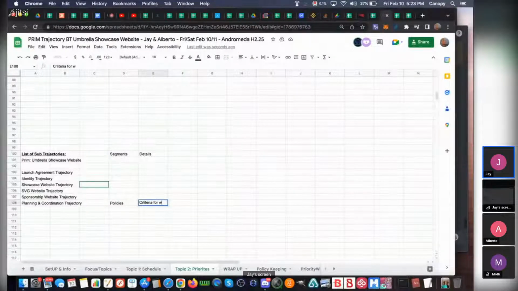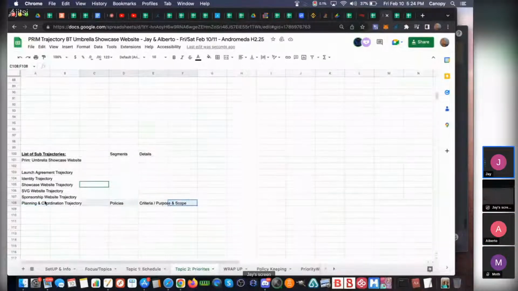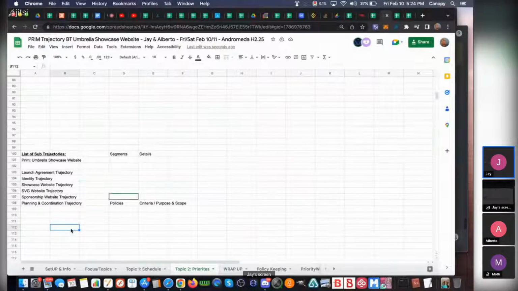What is our purpose and scope? Criteria, purpose and scope is super important. That's one of the very first things we need to set up, because it puts the entire trajectory in perspective. Does that make sense?